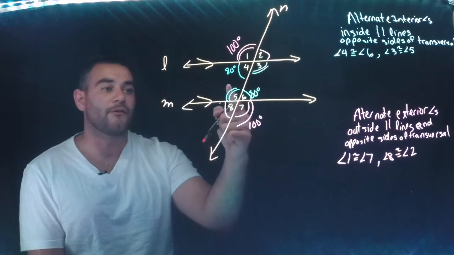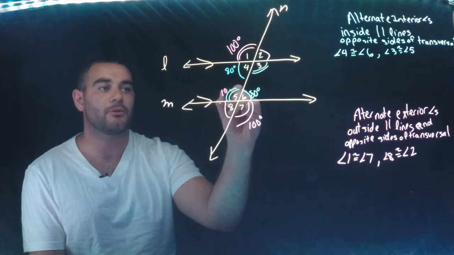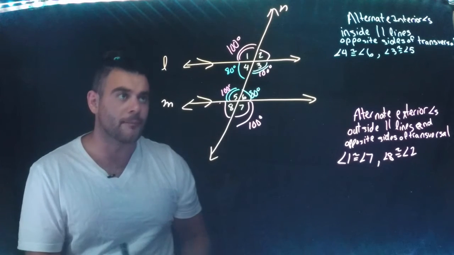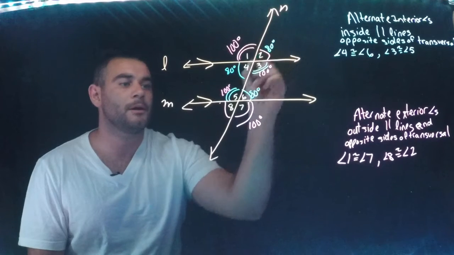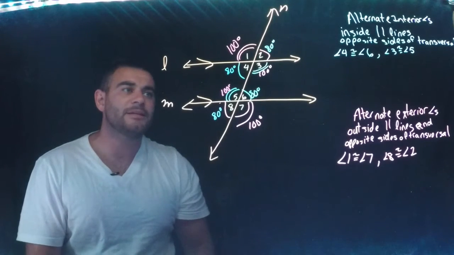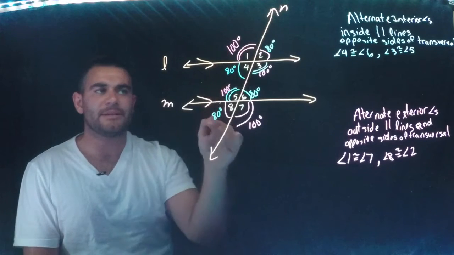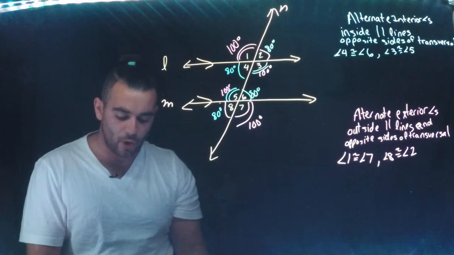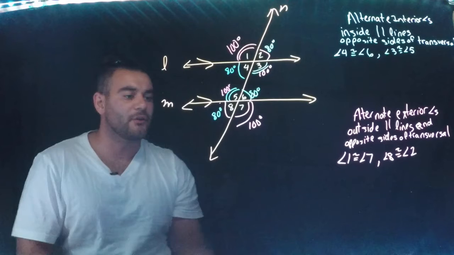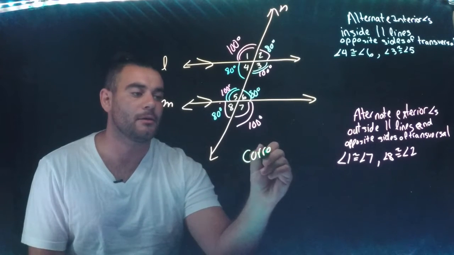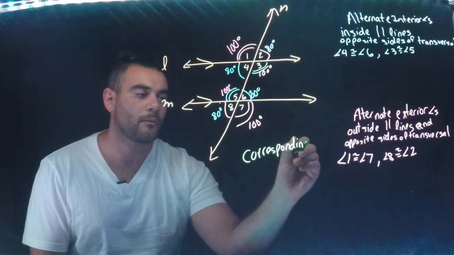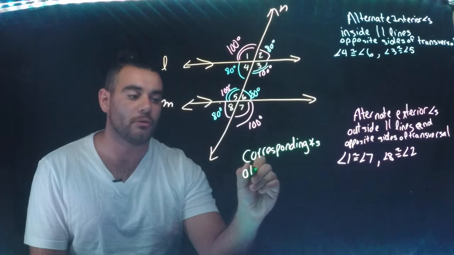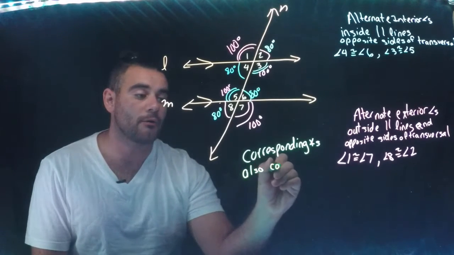And now, by vertical angles, this must be 100 degrees. By vertical angles, this must be 100 degrees, right? And if we want to keep going, we can use vertical angles here and vertical angles here. And now we see that really it's like having the same set of angles in 2 different locations. And that's actually what we call, and I'm going to write in a different color here, corresponding angles. These are corresponding angles. And corresponding angles are also, right, also congruent